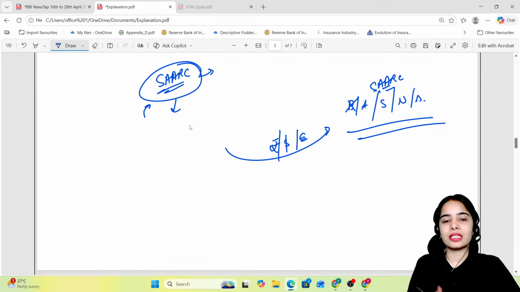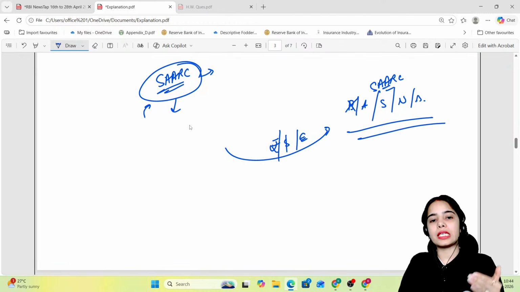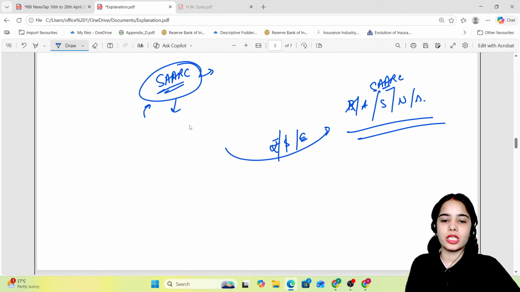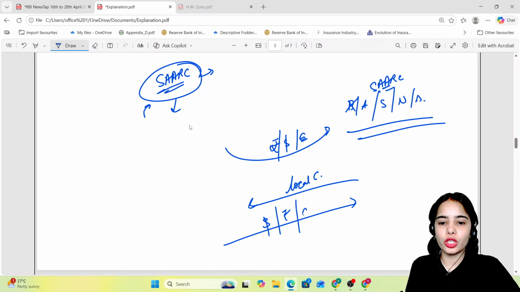So India has said that India is ready to help the SAARC nations because India is part of this regional cooperation. So India is ready to help the nearby neighboring nations. So this is the swap transaction, that these nations will provide their local currency and India will provide them the dollars, rupees or the euro, whatever they